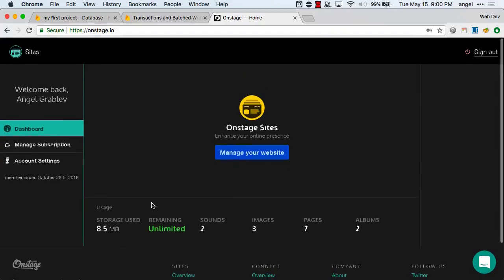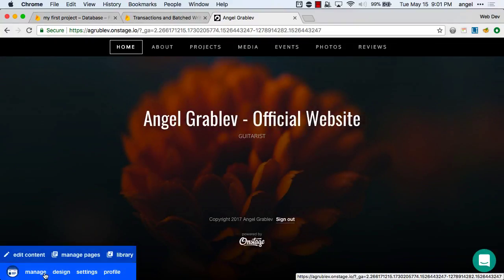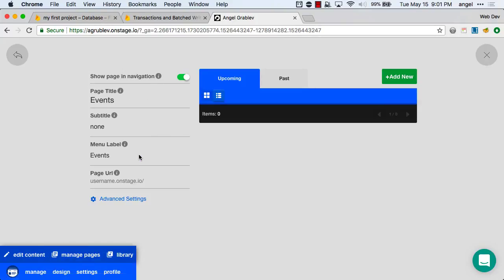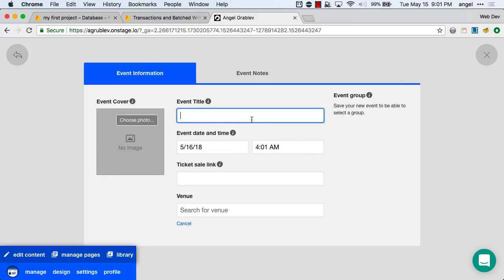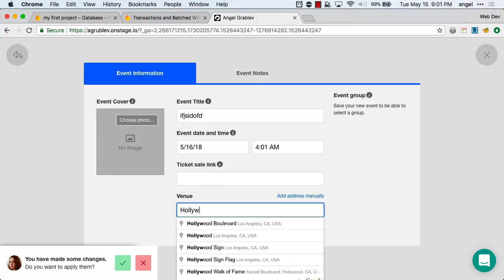So if I go to events, then I can add a new one. Here where it says venue, notice when I start typing Hollywood Bowl, see how all these different locations are coming up? And then as soon as I select it,